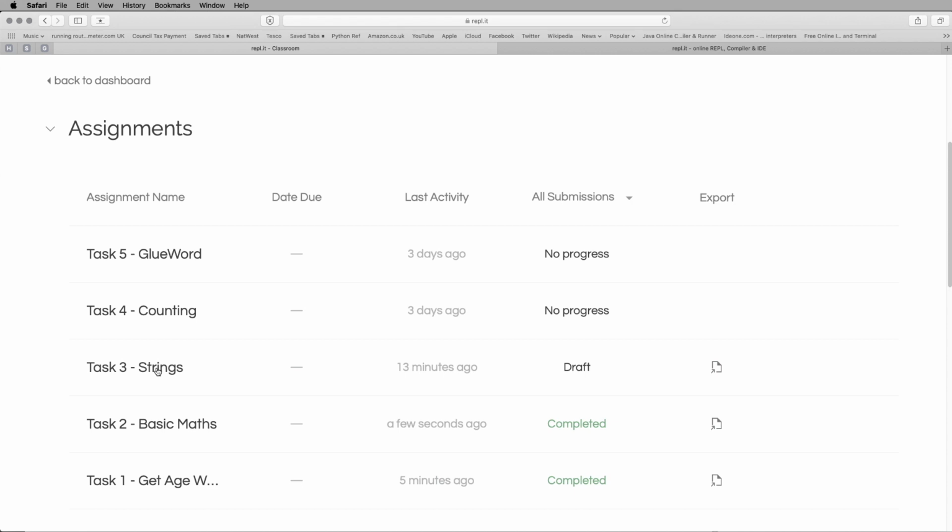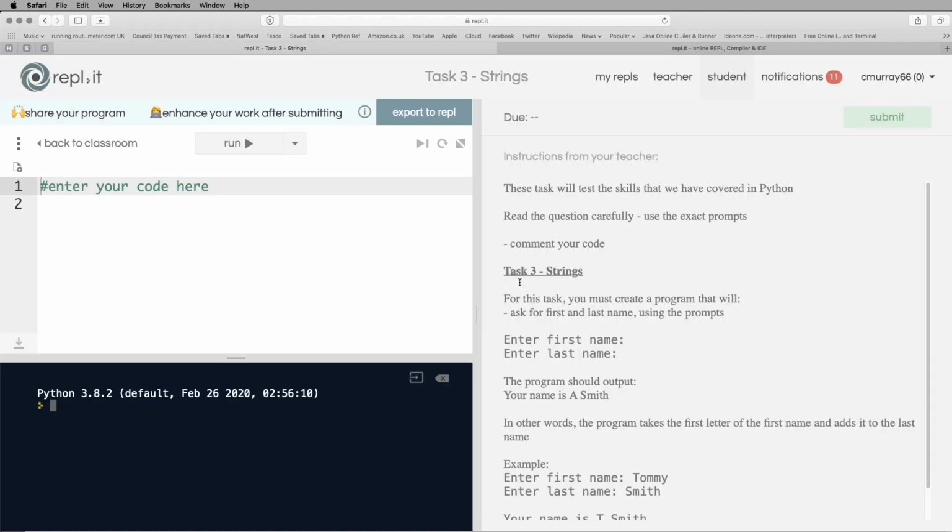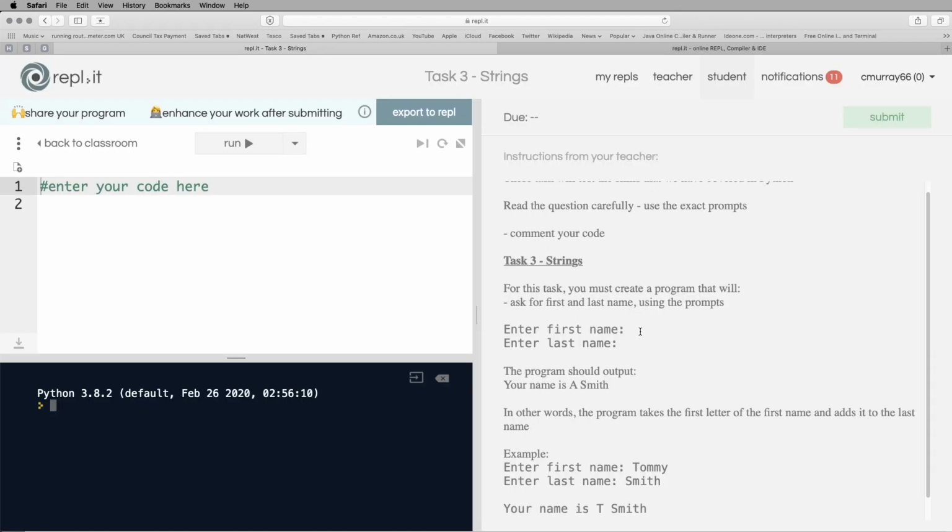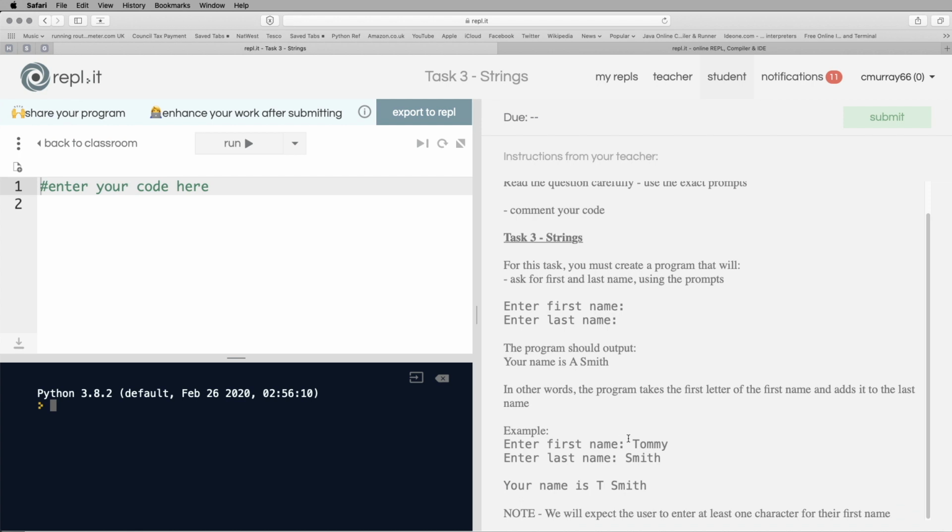Task 3, strings. So this task asks you to have a prompt, enter first name, have another prompt, enter last name. And so if somebody says that their name is Tommy Smith, then you print out T Smith. Okay, so